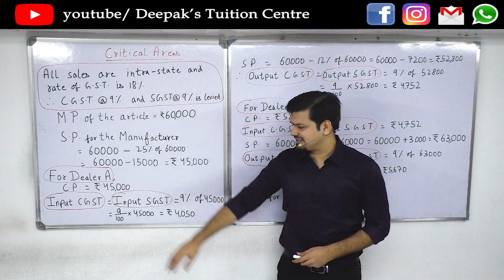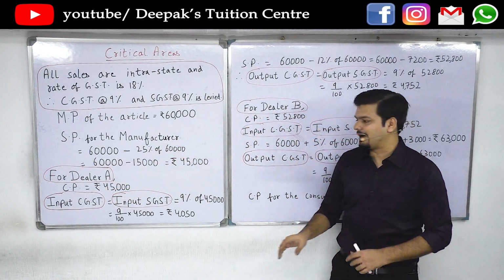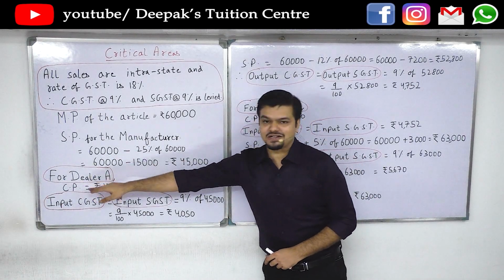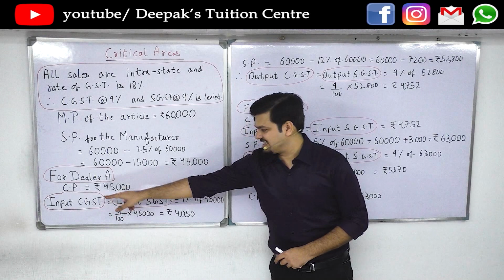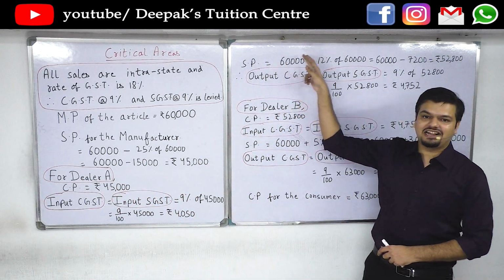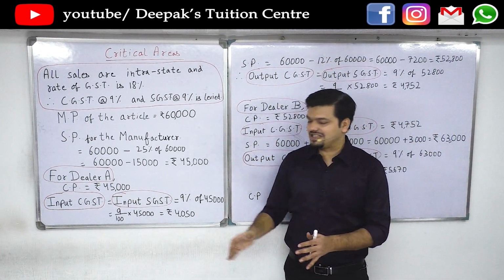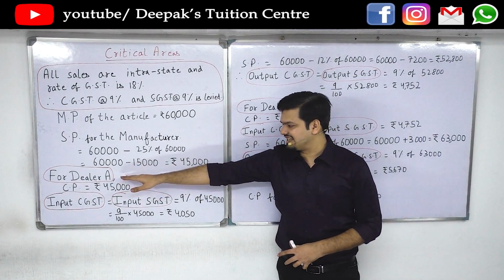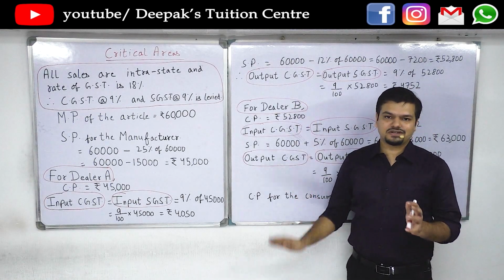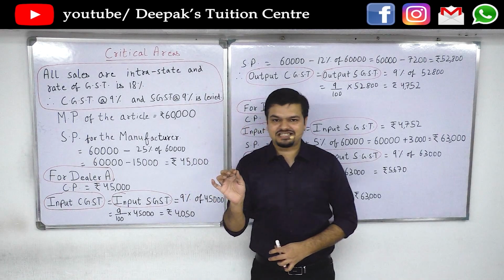Secondly, quite a few students do not write the heading like for dealer A, for dealer B. No problem there, you can skip it out. But if you are skipping it out, you have to write in every part cost price of the article for dealer A, input CGST for dealer A, input SGST for dealer A, selling price of the article for dealer A. So now you have to write so many times for dealer A. So it's always better to make it a heading. Since you have introduced it as a heading, now everything under it is for dealer A. So it's all okay. Quite a lot of students mistake input and output CGST, SGST.